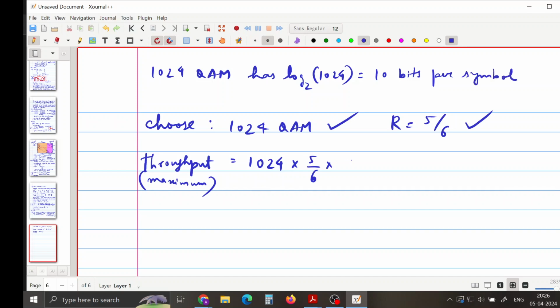So 10 channel bits per symbol, and one subcarrier symbol in the 15 microsecond OFDM duration, which remains the same, times the bandwidth expansion factor's reciprocal, the same 13/14. This is in bits per second, and if you simplify this